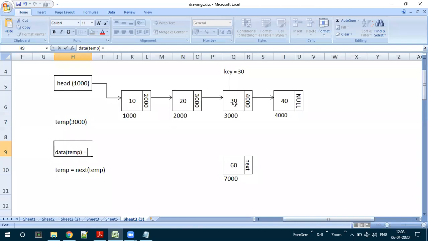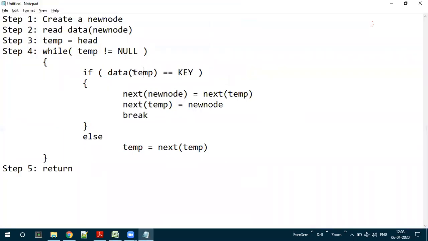It is 30. Is 30 equal to key? Yes. Now we have come to a situation where data of temp is equal to key. Data of temp is 30 and the key value is also 30. So this if condition is true now.